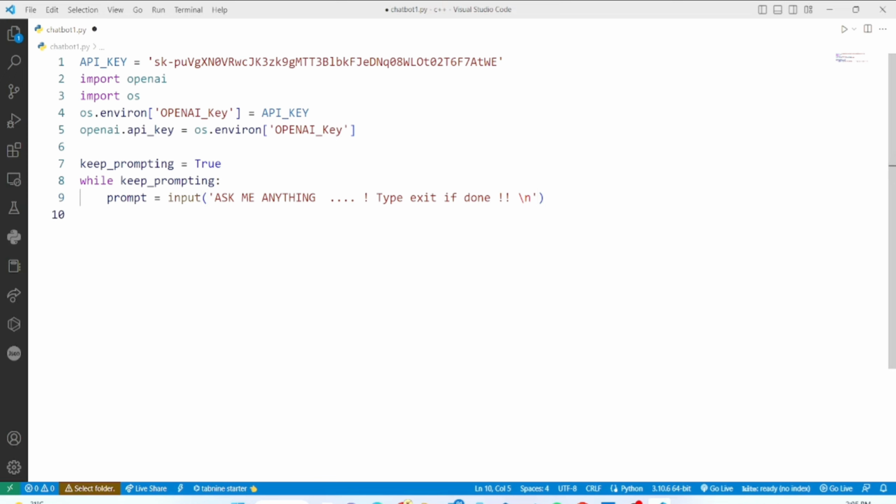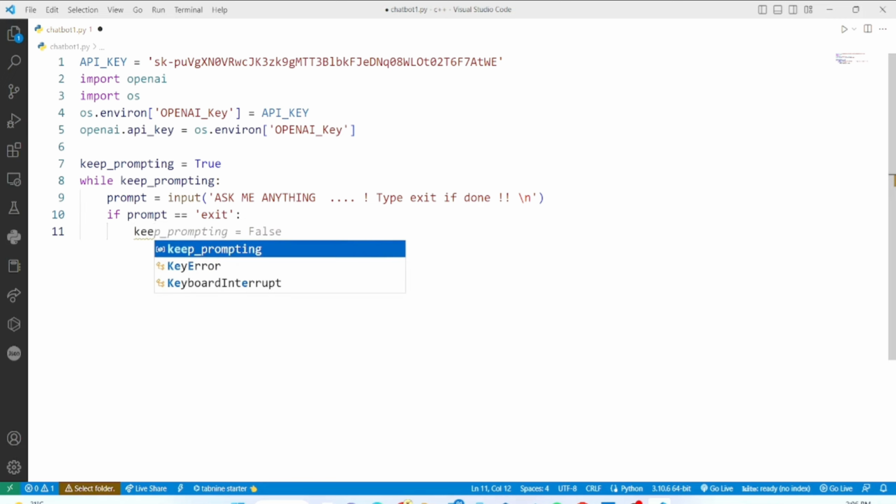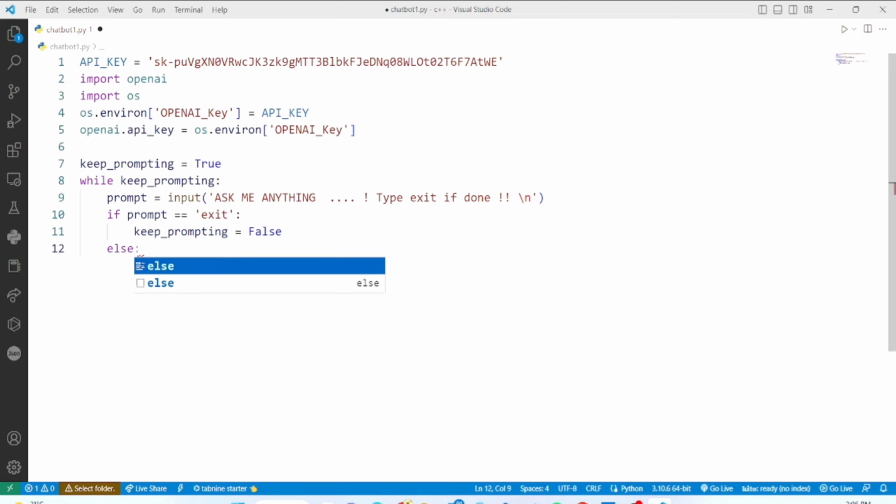You can write anything you want to prompt on the screen. If prompt equals exit, then it will return false. That is, keep_prompting equals false, else response variable, response equals